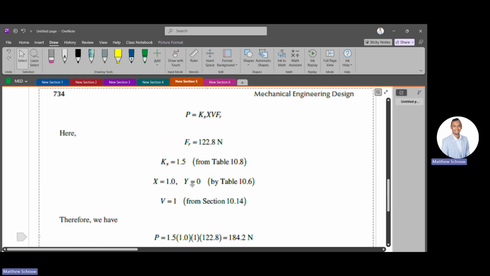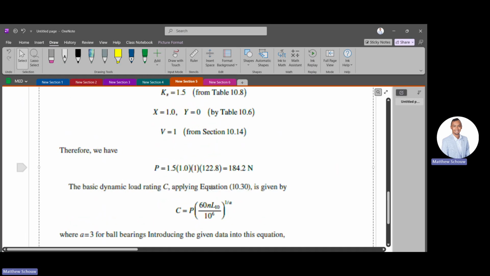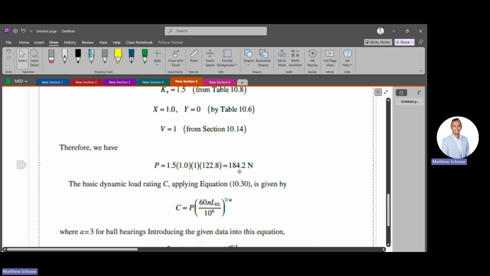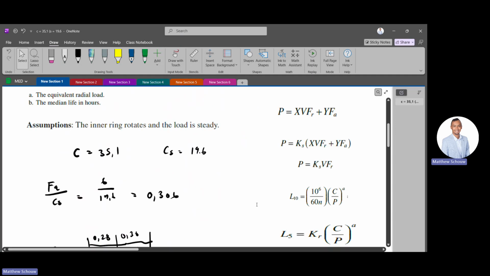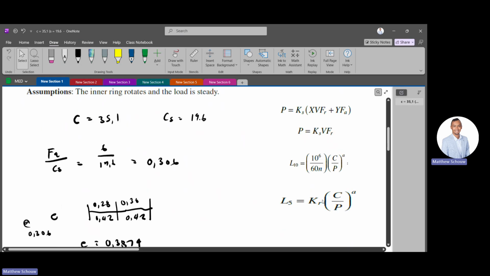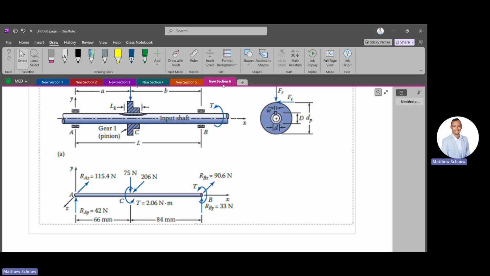We get our X and Y factor. We've got V1, we take the X, we plug it in here, we plug all those values in. We get our equivalent radial load of 182. Once you get that, we take our equation over here, right? Before, you had life as the main variable you wanted to solve for, but you want to manipulate this so that C is now the subject of the equation. Once you do that,